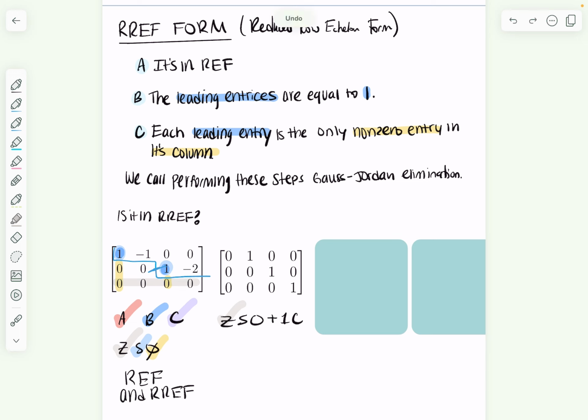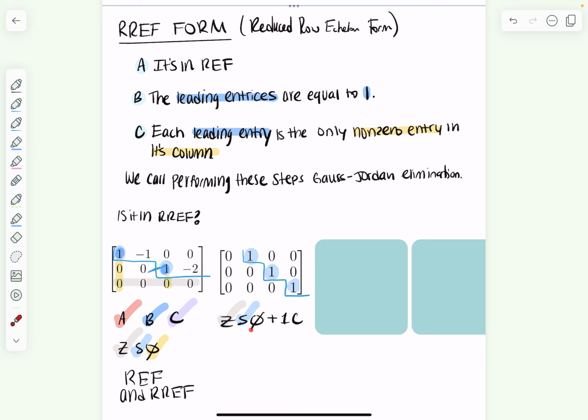Does it pass the staircase hack? Well, again, you have to identify your leading entries first. So you start with every row, you skip all the zeros until you get to the first number that's not 0, so that's going to be your leading entry. Go, go, go, this is the first number I see that's not 0, so that's my leading entry. Then you start with your first leading entry, and you only go down when you see another leading entry. And because the height of each step is 1, it's appropriate, it's not steep,